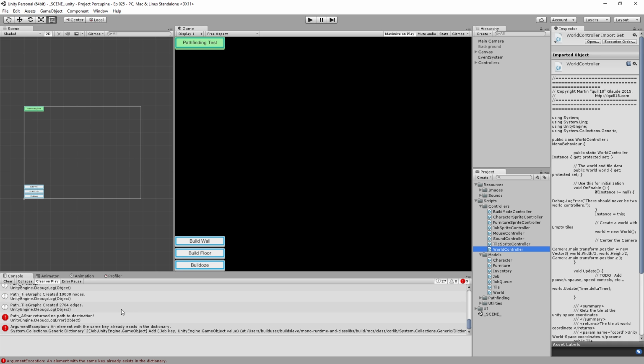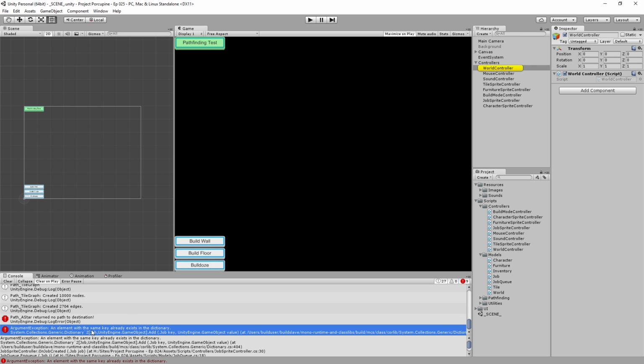So first of all, what is this error over here? What's annoying with these errors, when it's an error that something is trying to be inserted, or something with a collection, is that you can't double click on it and go to it, because the actual error being thrown is from inside a library of code that we don't have access to. So you actually have to go and look at the description down below to find exactly where it is. You can see here in dictionary.cs, at line 404 is where the error is being thrown, but we don't have access to that. But the thing that's calling this is job sprite controller